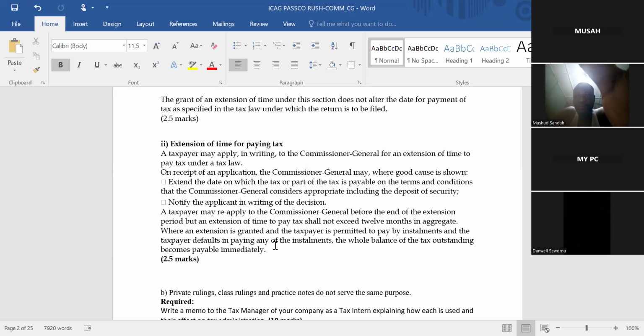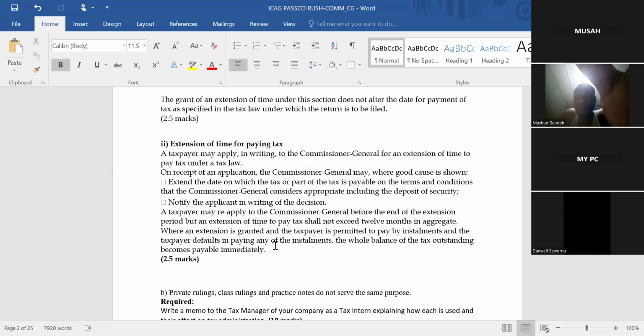That is in practice. Now, the extension of time to pay. The law says that you can also apply to the Commissioner General asking him for extension of time to pay. That is, if you are having difficulties. And per the question, the examiner says that the client has what? Difficulties in filing and then payment of the taxes. So the Commissioner General may also extend the time for you to what? To pay. That is, if your reasons are what? To his satisfaction.